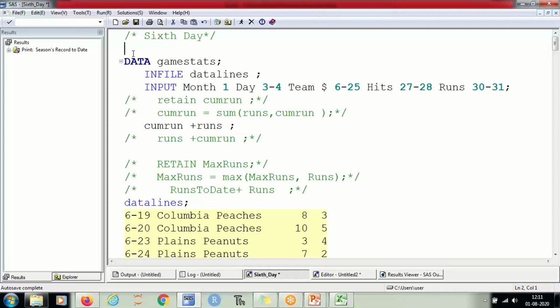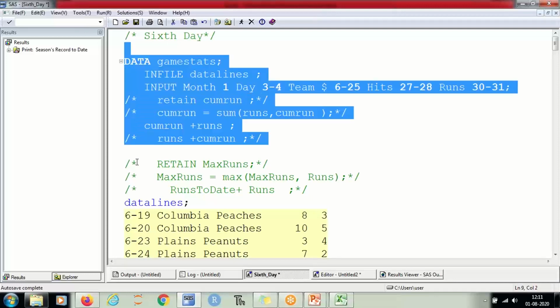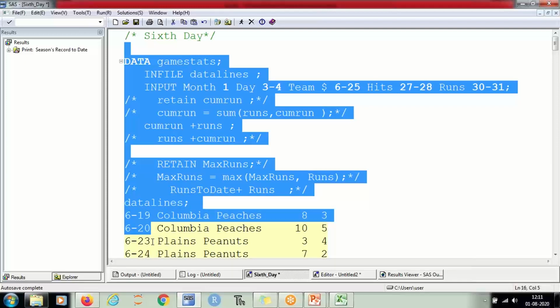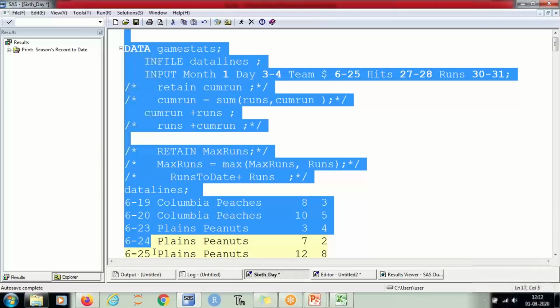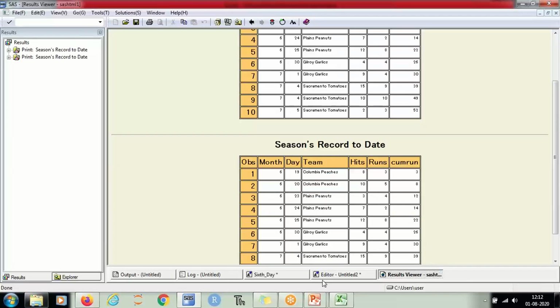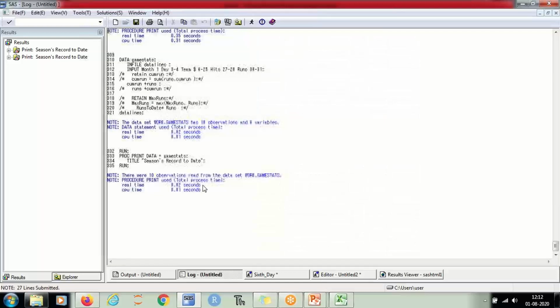If you run this program, or you can change its name so that you are sure that it is not the last program which you are seeing. Let's say ABCS.